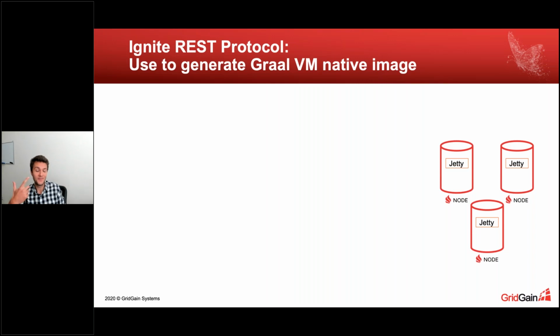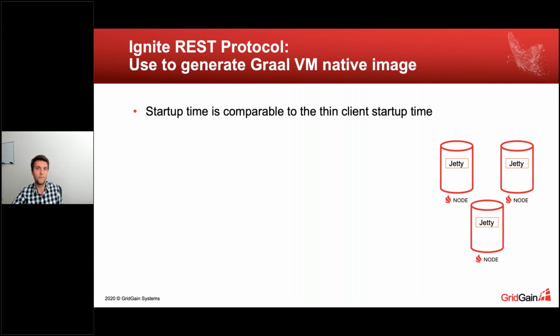But there is also one usage scenario when you might need to fall back to the Ignite REST protocol. You would probably switch to it if you need to generate a GraalVM native image for your serverless function. Generally, if we compare the startup time, because right now we are primarily comparing the startup time between thick clients, thin clients, and the REST protocol, I would bet that the startup or connection time of the REST protocol would be identical to the thin client one, because